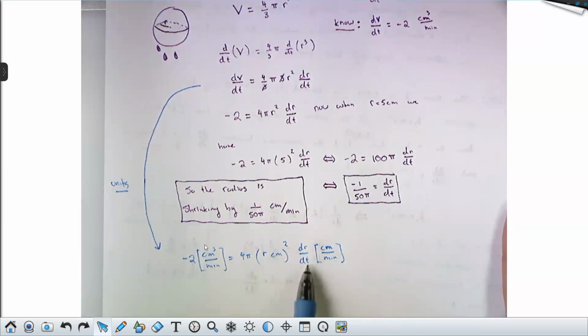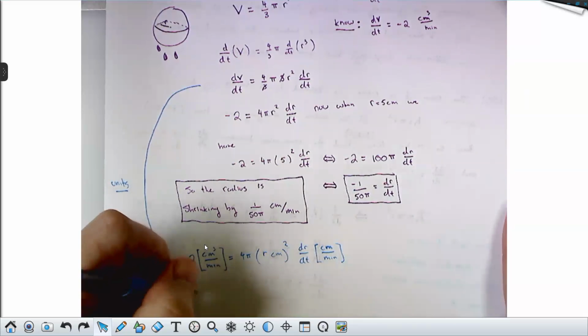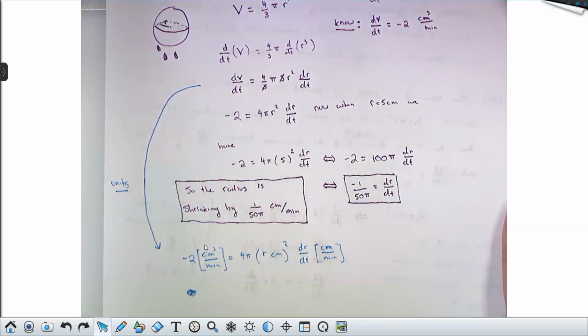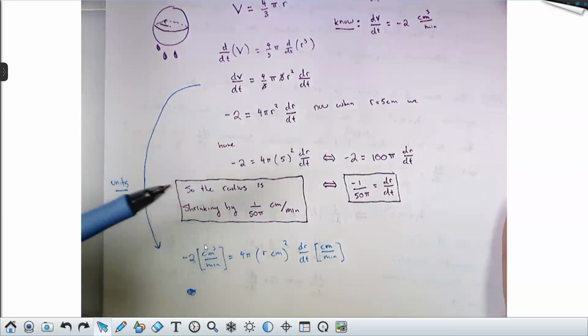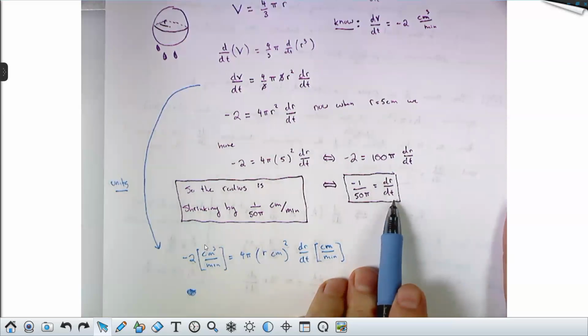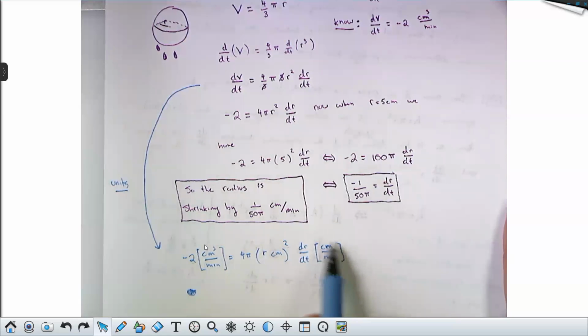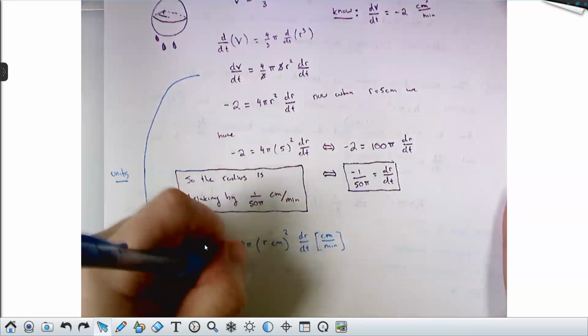If you solve this for dr dt, you're going to get centimeters per minute out. Let's see, how can I write this nicely? It's a little tricky. I guess the cleanest way to think of it is that dr dt itself should have units centimeters per minute. So if I leave this over here and I divide all of this stuff over, when I plug in